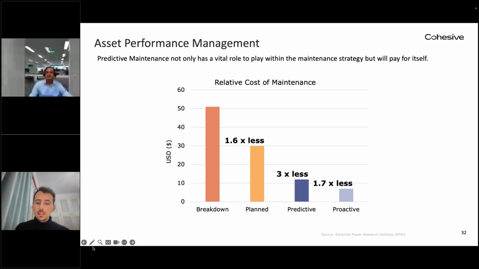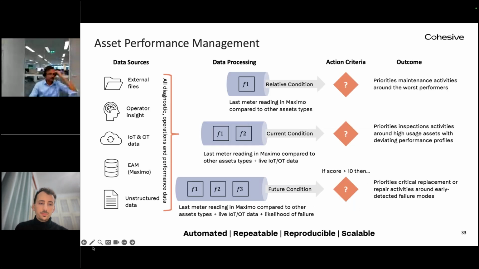And we know this intuitively, but at least from EPRI, they've actually put some numbers down to that. So an expectation moving from a $50 arbitrarily spent 1.6 times less to planned, and 3 times less from planned to predictive, and then from predictive to proactive. Now, again, not every asset is required to have these specific maintenance regimes, and it is largely specific to some of the critical and more important assets and infrastructure. So the question at least is, we know this stuff, we understand this is some of the founding principles of reliability engineering, but what does this look like in a modern era?